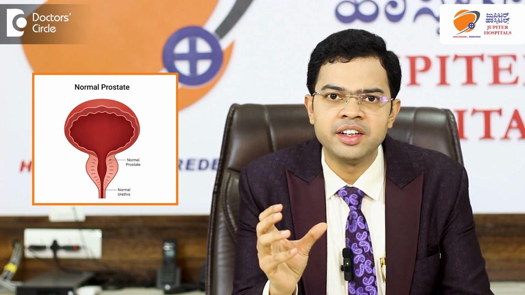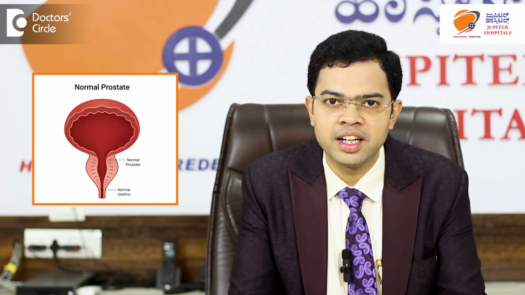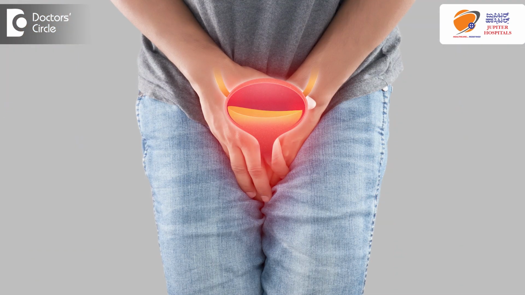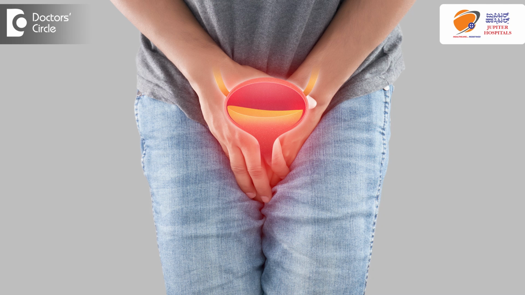The prostate is a gland which sits like a donut around the urethra, which is the tube which carries the urine out from the bladder. Whenever the prostate enlarges in size as age increases, it presses upon the urethra and compresses it. This causes various urinary symptoms, like, first of all, frequent passage of urine, urgency, sometimes even